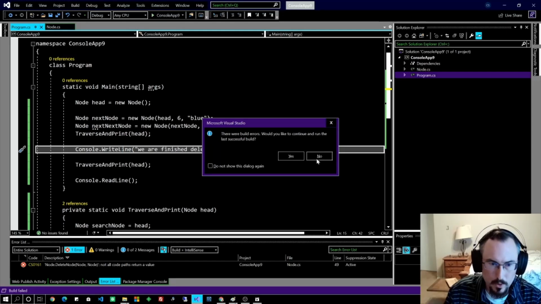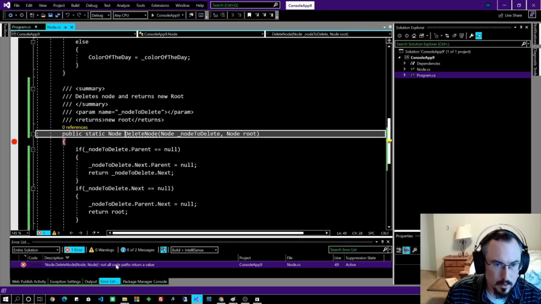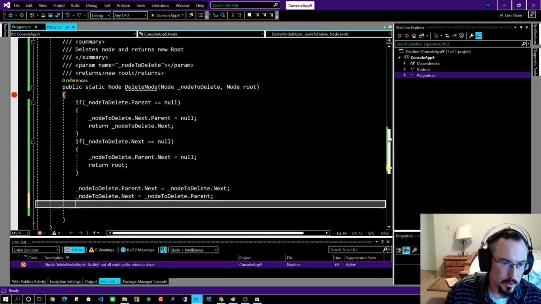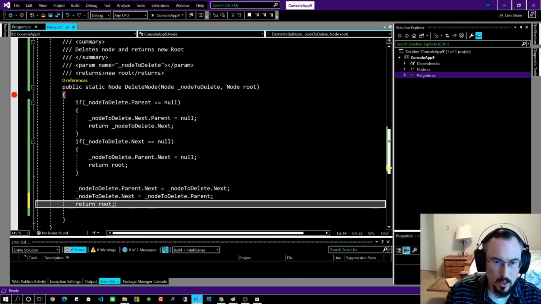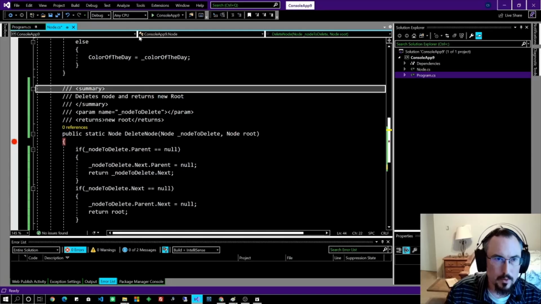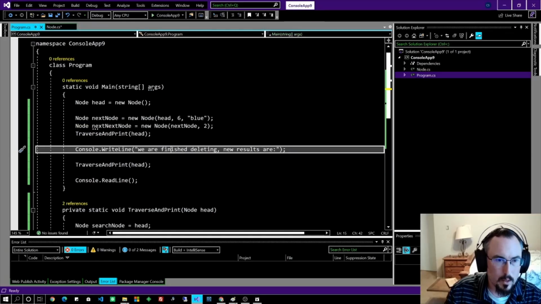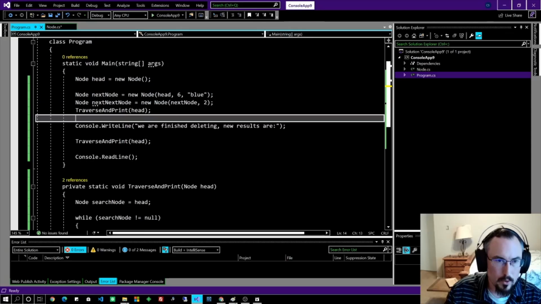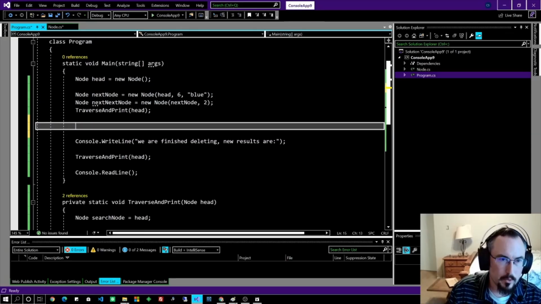Oh, there was a build error. Let's take a look at that. Oh, not all paths return a value. We did not return here. So we want to return the root because even though we've modified the list, we said in our specification that we return the root. And have we called our delete? I don't believe we have. So let's call it after we've traversed it the first time to print the initial values. And let's call